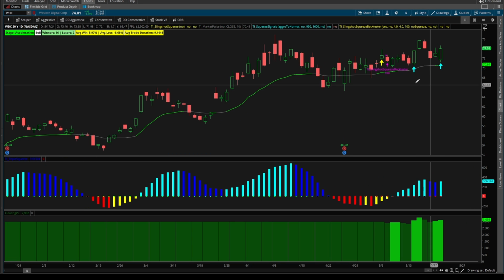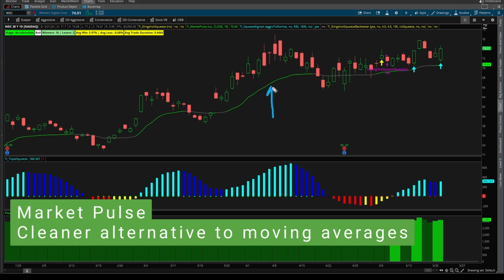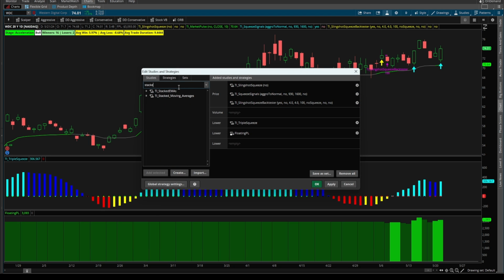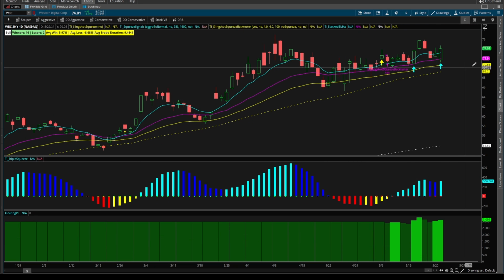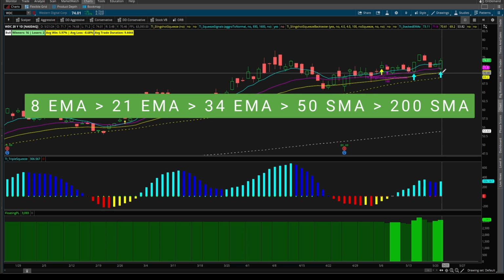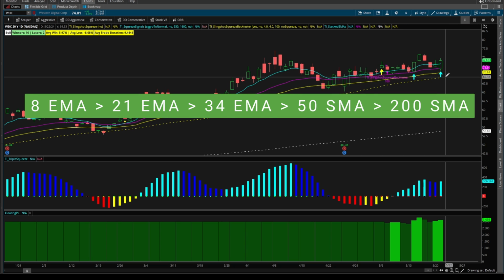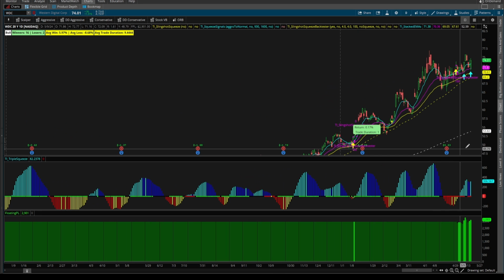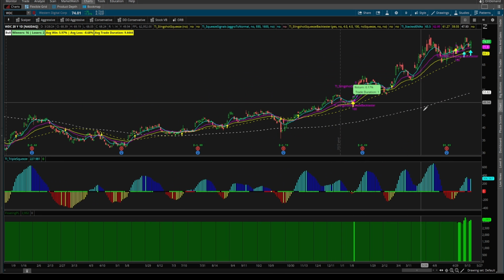In terms of our actual trend, the market pulse is telling us we have a bullish trend with a green market pulse. And if instead of the market pulse, you prefer stacked moving averages, you can see that we even have stacked moving averages across the board, with the 8 EMA above the 21 EMA, above the 34 EMA, above the 50 SMA, and the 200 SMA. So Western Digital here across the board looks like a really nice squeeze candidate in which we're looking for this